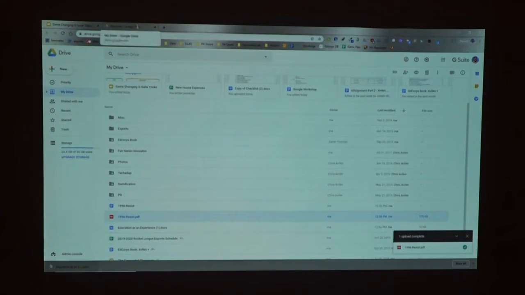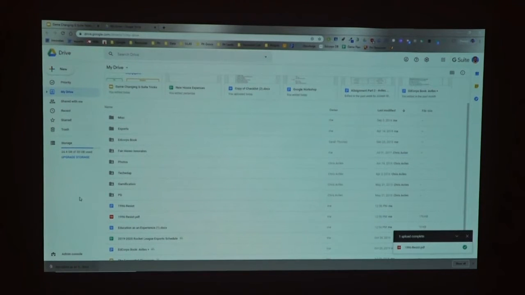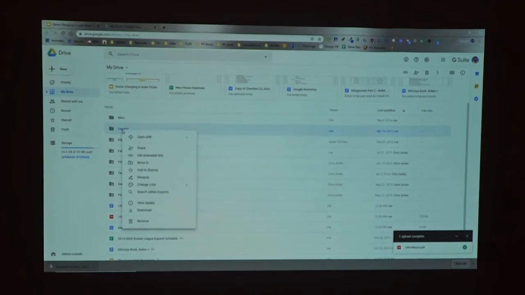The other thing, I spend a lot of time in Drive, so I want to make sure my Drive is pretty. You guys know that if I right-click, I can add folders, and then I can put folders inside of folders, and I can really organize my Drive. I can even right-click and change the color of my folders. I know a lot of people get very passionate about folder color, so if you want to color code your folders, or put folders in folders, to me, Drive management is very sacred,